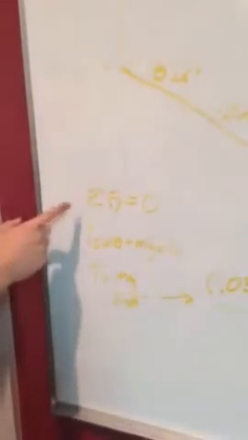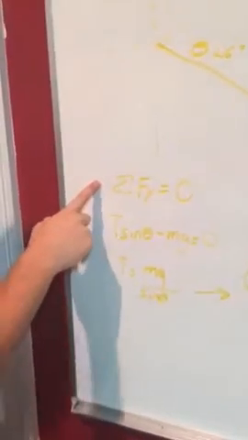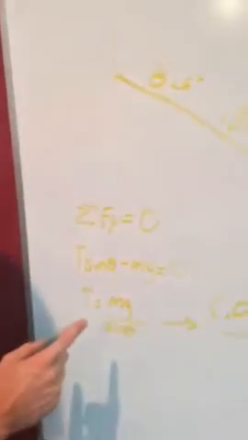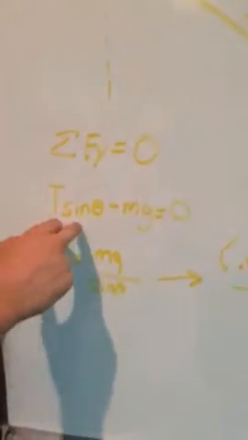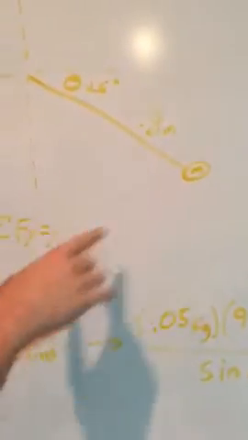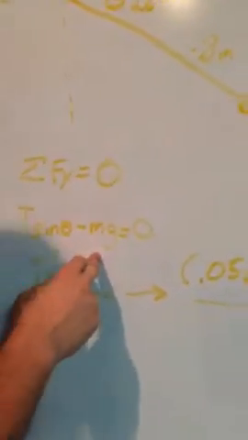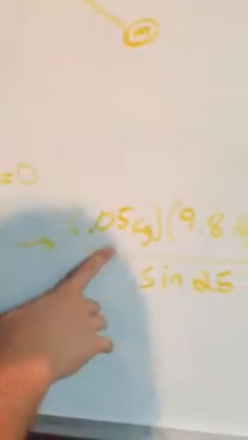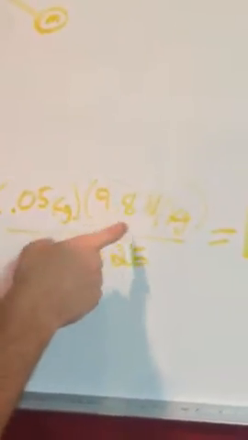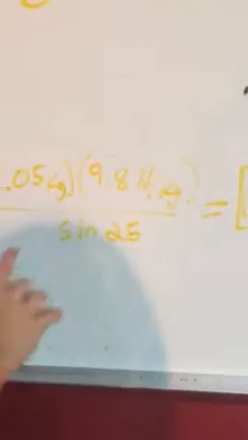So to find the tension of the string, we know we'll use the y component. We know the forces in the y direction are equal to 0 because it's not accelerating. And then the forces are the tension times sine of theta, which we get from the angle, minus the force of gravity, which equals 0. So we solve for T, we get the force of gravity over sine of theta, and we plug in all the numbers, we get 0.05 kilograms times 9.8 newtons per kilogram over sine of 25